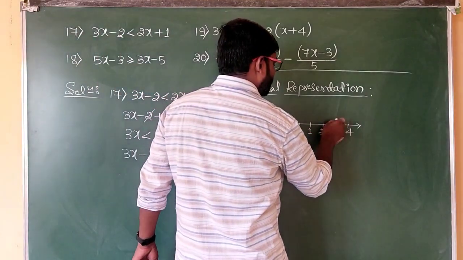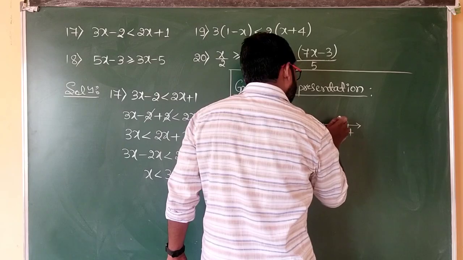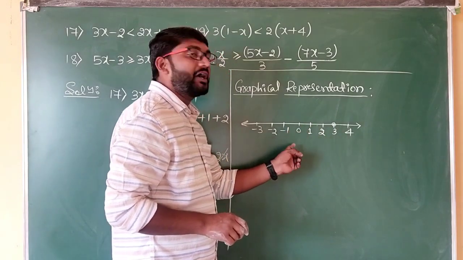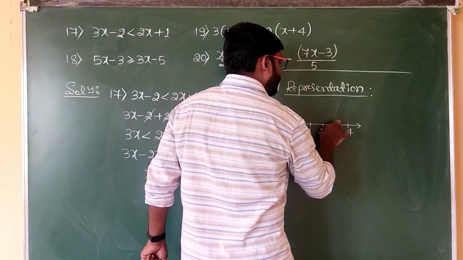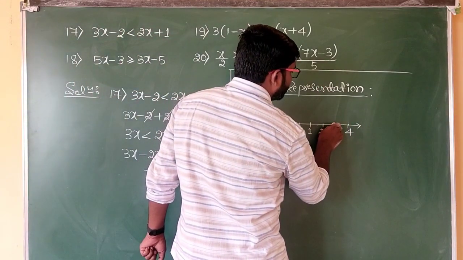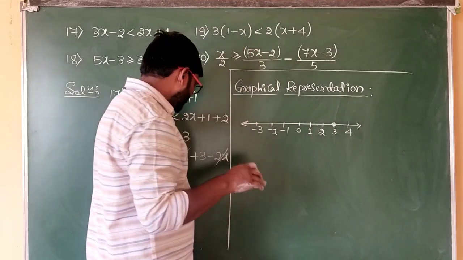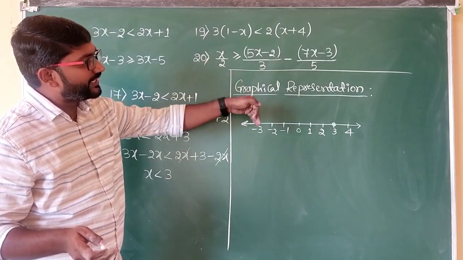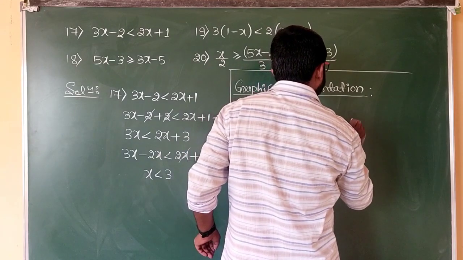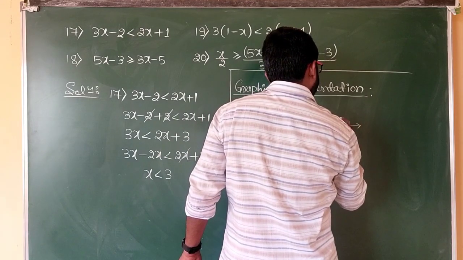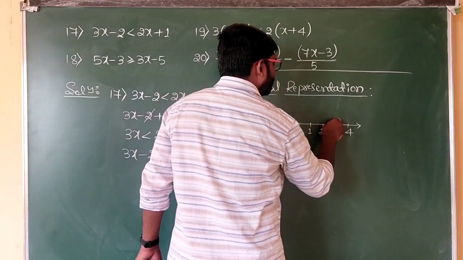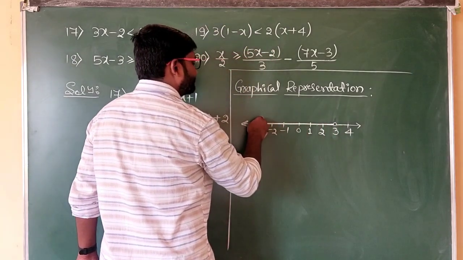Now the solution is x must be less than 3. So, less than 3 means this one. Here you will have to put the bubble. An empty bubble should be there. If it is less than or equal to 3, we would have shaded it like this. This is less than or equal to, so it has to be completely shaded. When it is only less than 3, we should not include 3. We have to leave 3 and consider all the numbers which are less than 3. That is why for 3 we will be writing an empty bubble. So this is 3 and less than 3. That means here we will have to shade this.